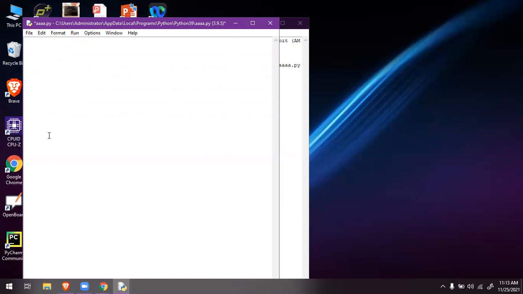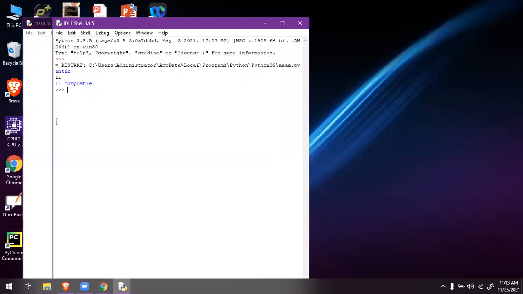Yesterday we came across some concept that we missed. a equals binary of some number, 11. Enter. We got the binary. Hex of some value, if I enter, I get the hex number.